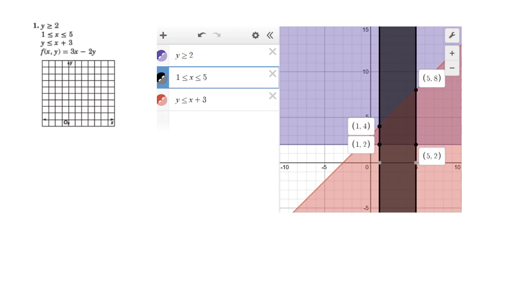So I have y is greater than -2. 1 is less than x, which is less than 5. So what this function is saying is that x is between 1 and 5. And you can type it in Desmos just like that, and that's these 2 lines right here. So x is between 1 and 5. And then y is less than x plus 3, right? So that creates an enclosed region